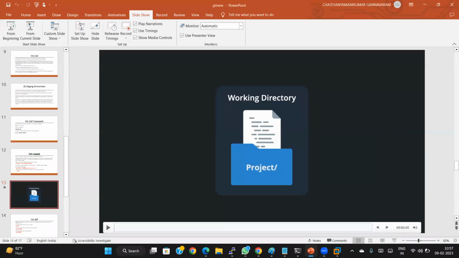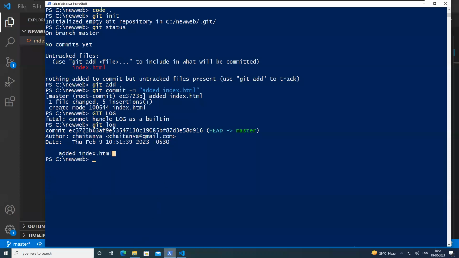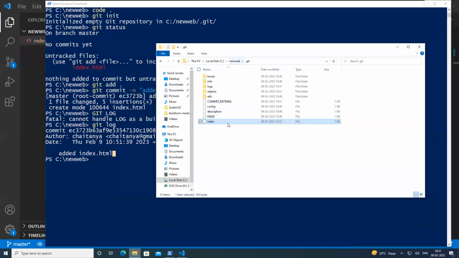Now if you see here in the .git directory, you have the objects. So these are the objects where your actual data will be saved. And the next one is